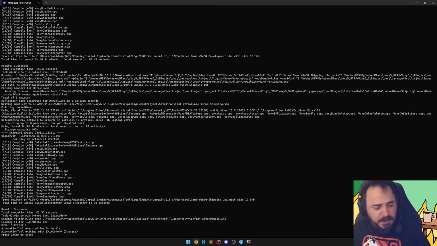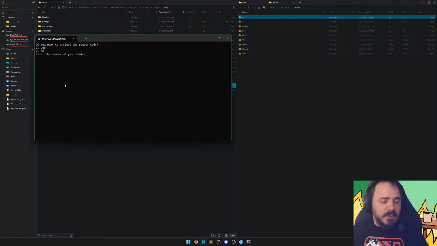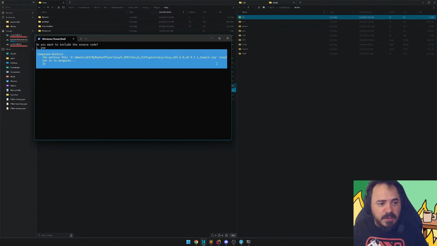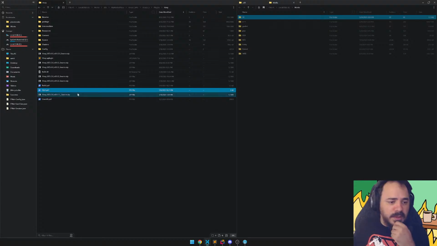Yay! Okay, build has been successful. Now I can run the zip script, which is asking me to include the source. Yes, because of the marketplace. The ship script will ask about rebuilding the plugin. This is not that one. All right. So as you can see, the zip